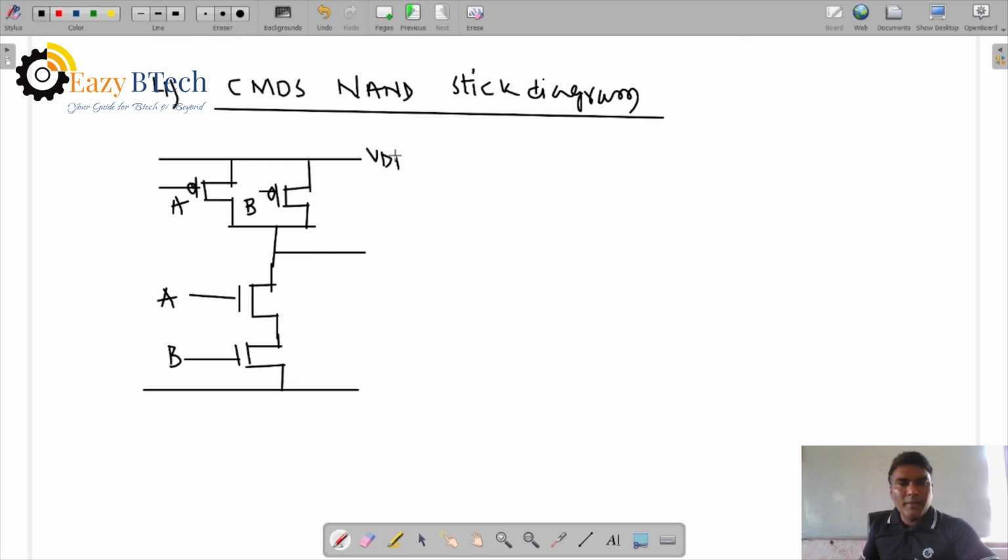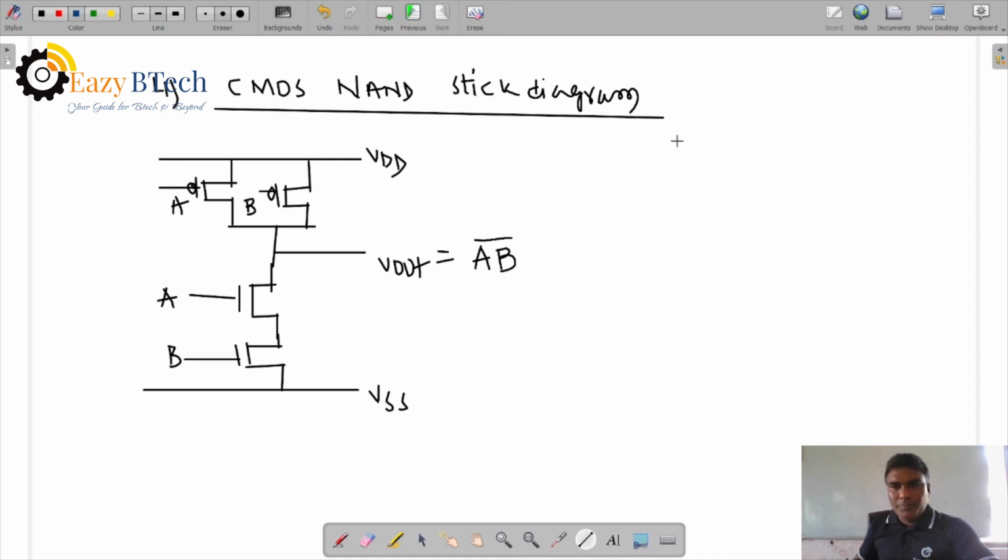So VDD, VSS, V out. What is the logic? A and B are in series means AND, and the complement is there, pull up and pull down. Complement, so it is a NAND. Right. Let us see the